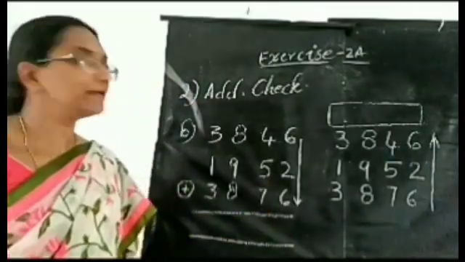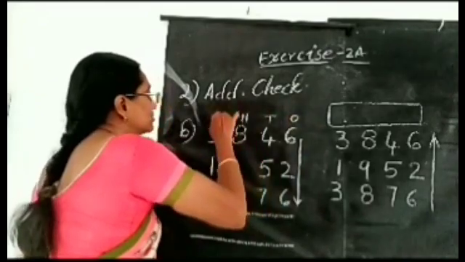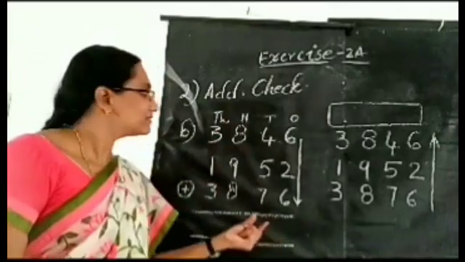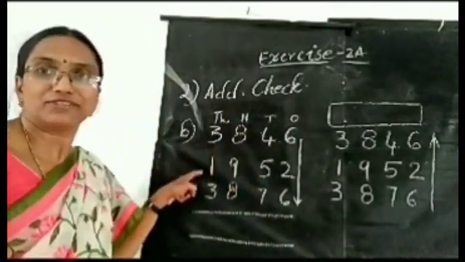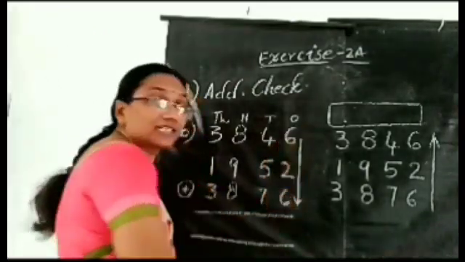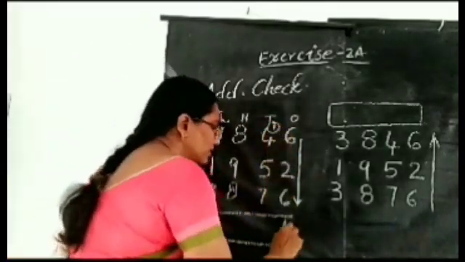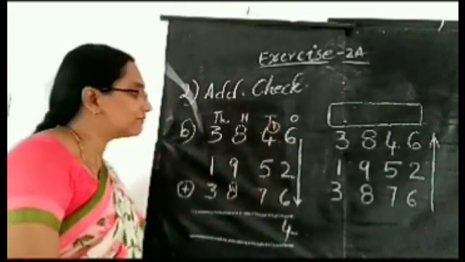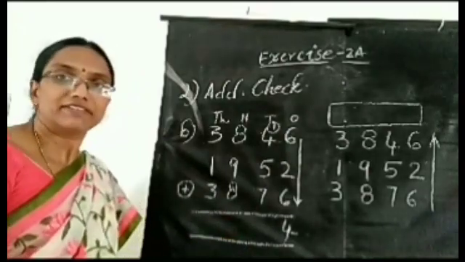See this next example. Write the places, ones, tens, hundreds, thousands. Okay. We'll start addition from ones place. And here are we observing these are 4 digit numbers. 3 numbers addition. We are adding 3 numbers here also. Start from here. 6 plus 2 is 8. 8 plus 6 is 14. Write 1 in tens place, 4 in ones place. Here 1 plus 4 is 5. 5 plus 5 is 10. 10 plus 7 is 17.